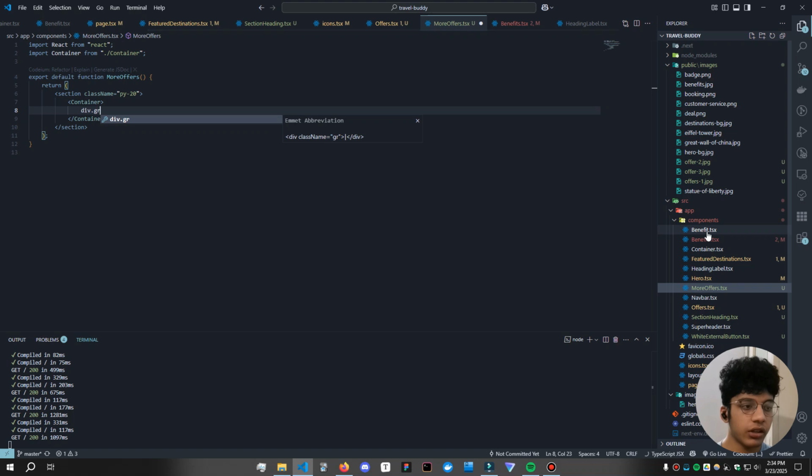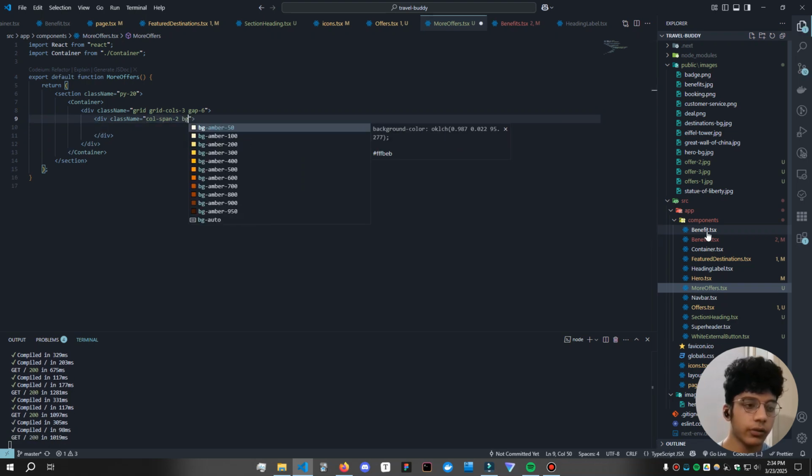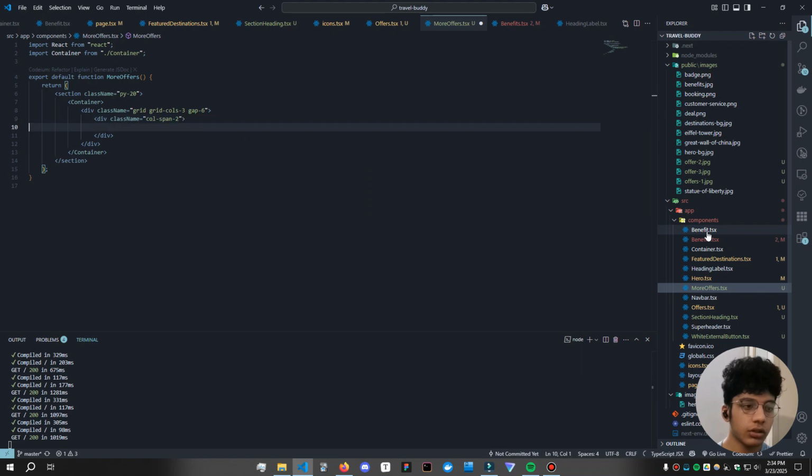And inside the container, let's create a div. We'll make it a grid. I'll give it 2 columns, or 3 columns actually, and a gap of 6. For the first one, we're going to give it a column span of 2. This is going to be the bigger offer. We'll give it,